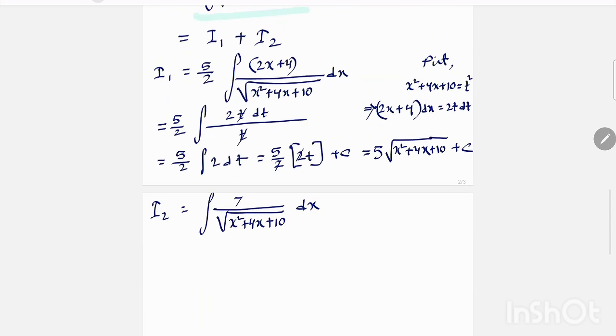But here you can see it is not in the px plus q form, so in that case we don't need to do the derivative process. When you get terms like dx by x square plus bx plus c, where some constant can be in the numerator but it doesn't matter much, or dx by root over x square plus bx plus c,